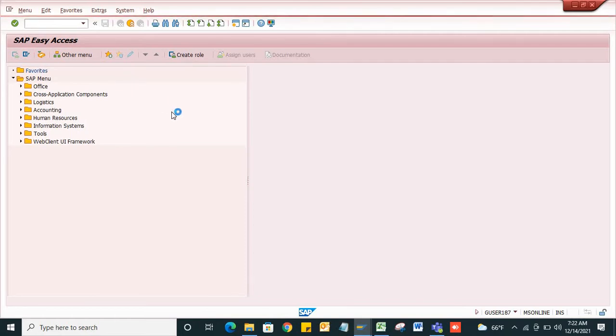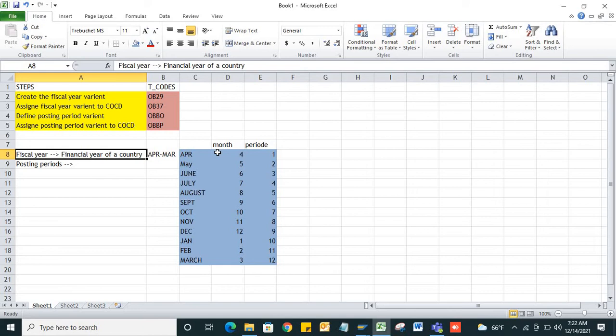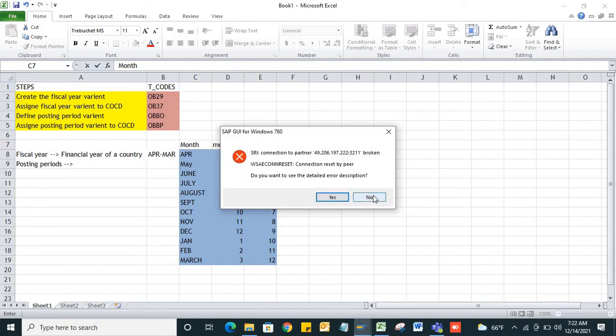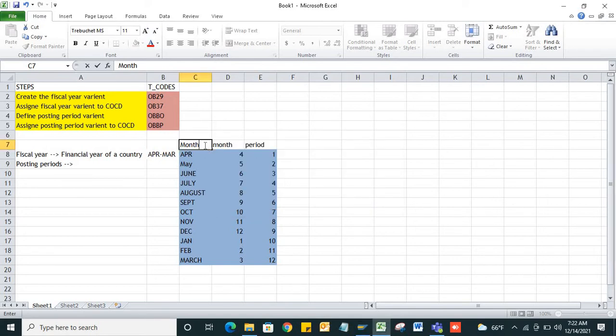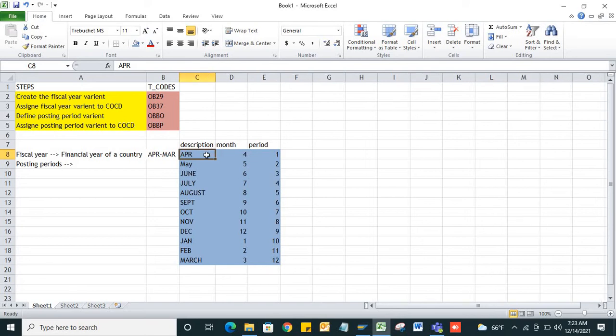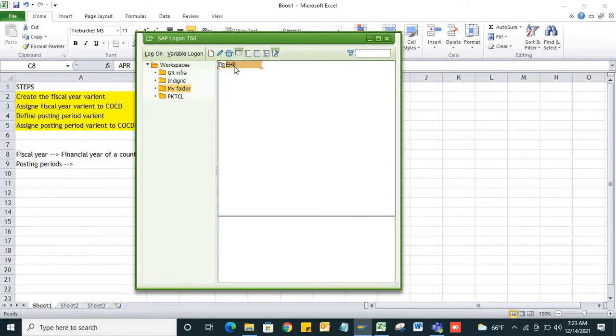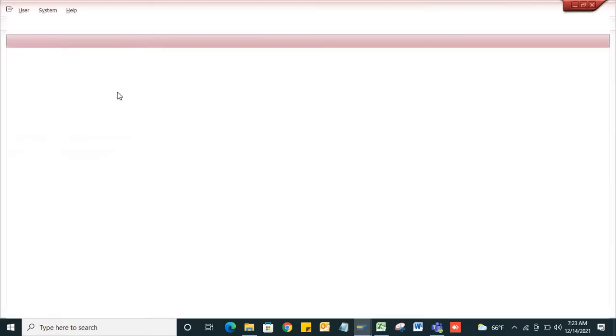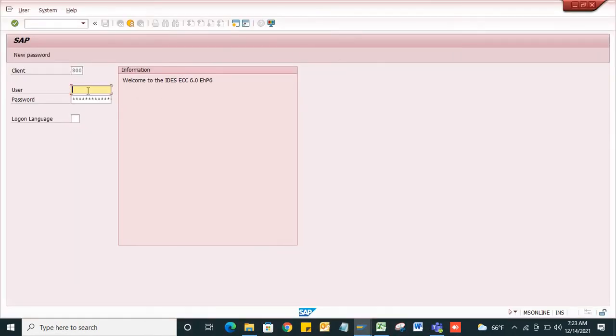It's buffering, wait a second. Now I am entering my user ID and password.